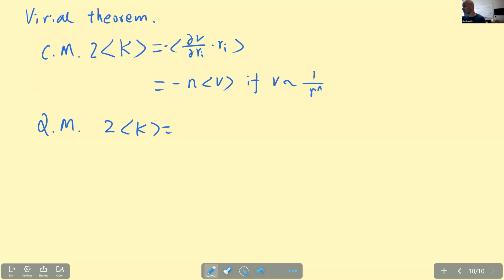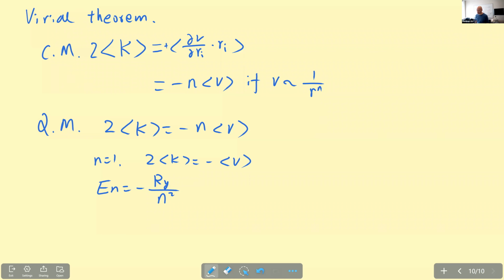There's a minus sign, sorry. Sorry, the minus sign, n goes to V, right? So in our case, I think it's correct because this is minus 1 over r to the power n, right? Okay, for the case n equal to 1, you basically have 2 times the kinetic energy equals minus the potential energy. Okay, right? So in particular, if we have E_n equal to minus Rydberg energy divided by n squared,